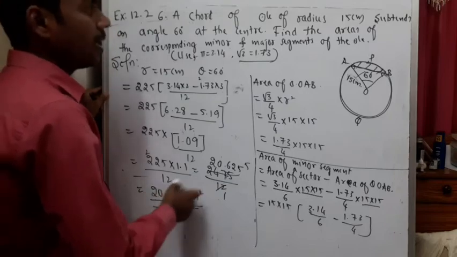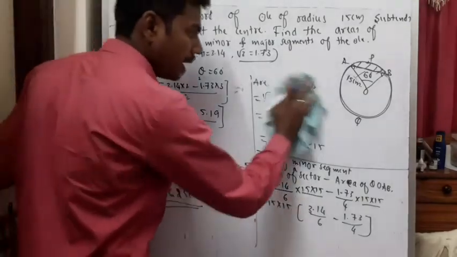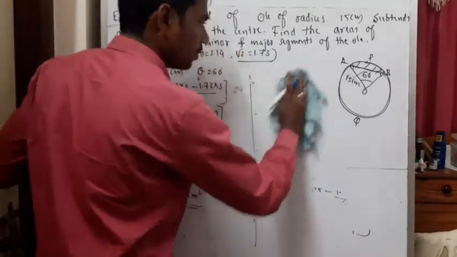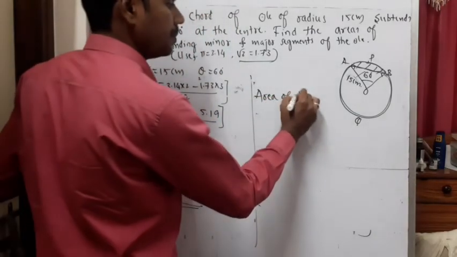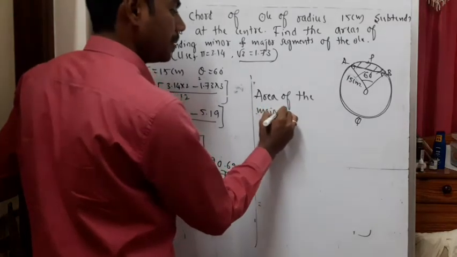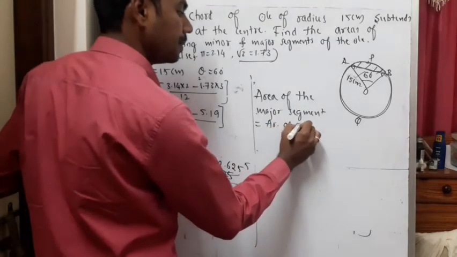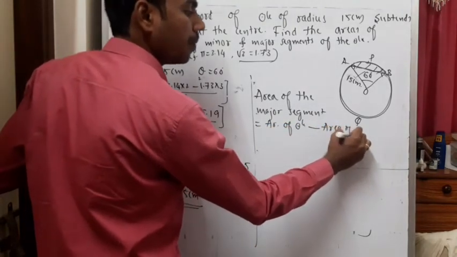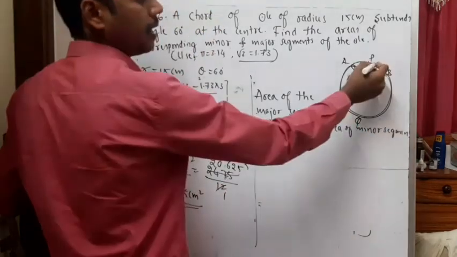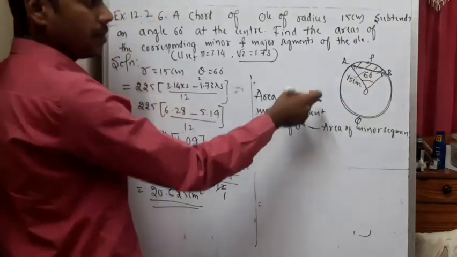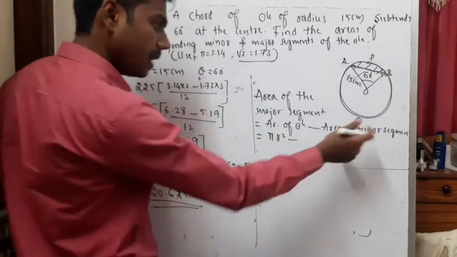Now we need to find the area of the major segment. How will we find it? Please note this down. I need this space, I am going to erase it. Now the area of the major segment is equal to area of circle minus area of minor segment. Yes or no? From the area of a circle, if you remove the area of the minor segment, you will get the area of the major segment. So what is the area of circle? Pi r square, minus what is the area of minor segment? That is